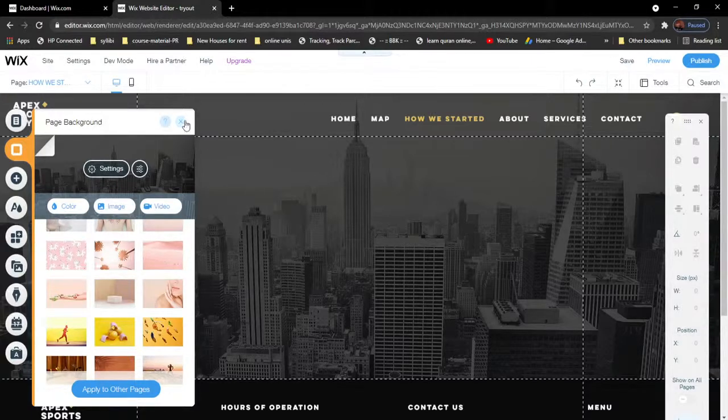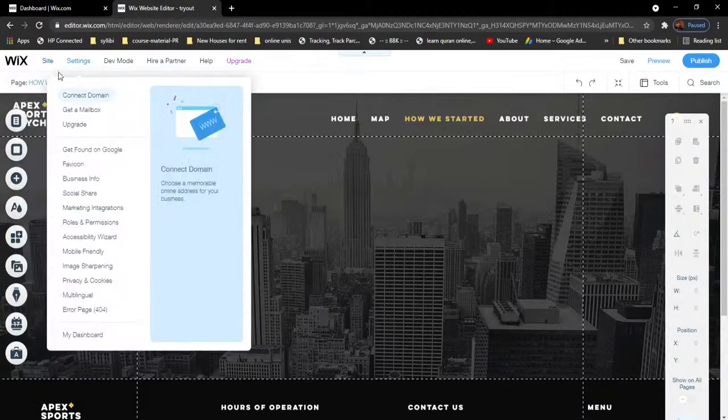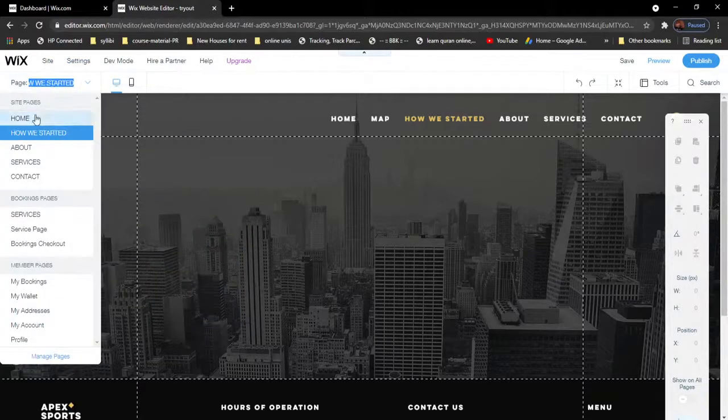Now that's all in the background. You can add a background to it. And what is background? Background is basically the whole background for the whole website. For the whole website, you can add a background. It's not the background that we have here. If I go back to the home page,